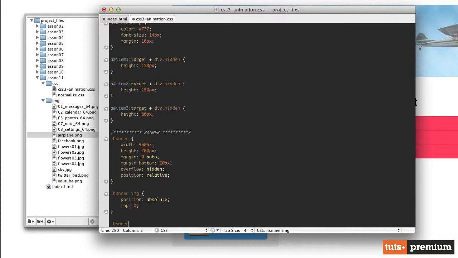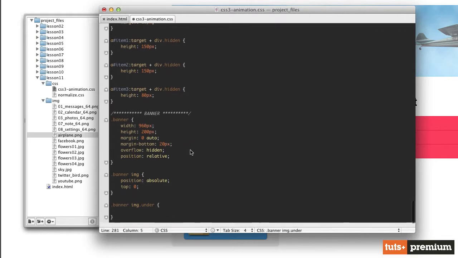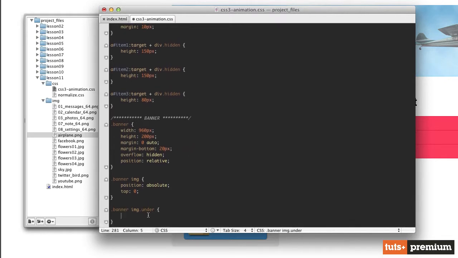For the banner div, again, with an image class of under. Remember, the sky image is the one that has a class of under applied to it, and we want to animate this under image. And we're going to animate the left property of it. Right now, by default, I'm going to set the left property to 0, and it's already set to 0 by default, but I just want to put it there just to make sure that it's in the right place. And then we're going to animate the left position of this image to